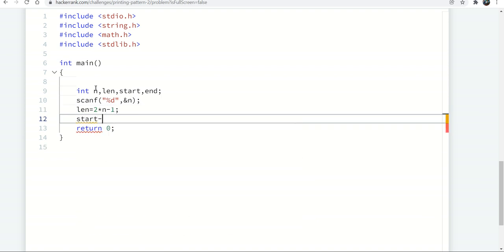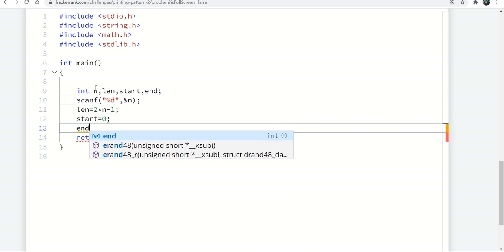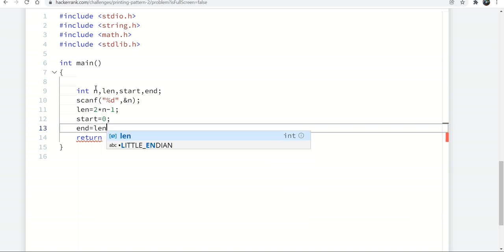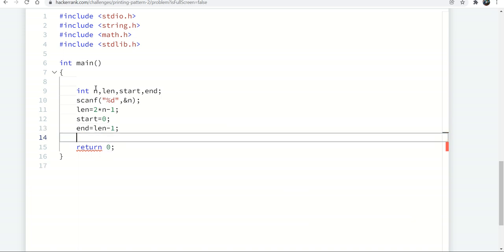Now start equal to 0 we will take. End is decreasing. Suppose for length equal to 13, end is going up to 12, so like that we will print. So we will do end equal to length minus 1.